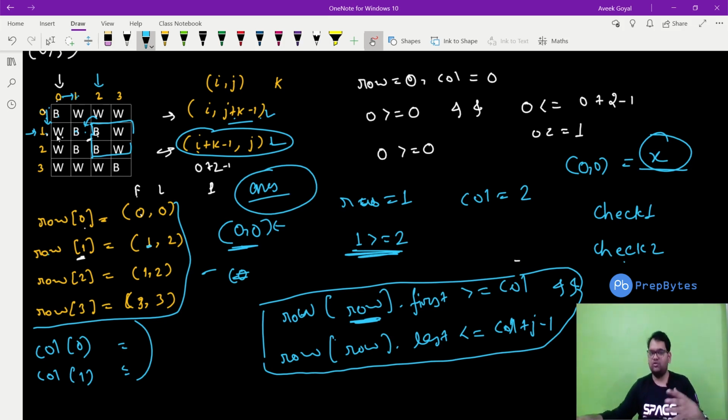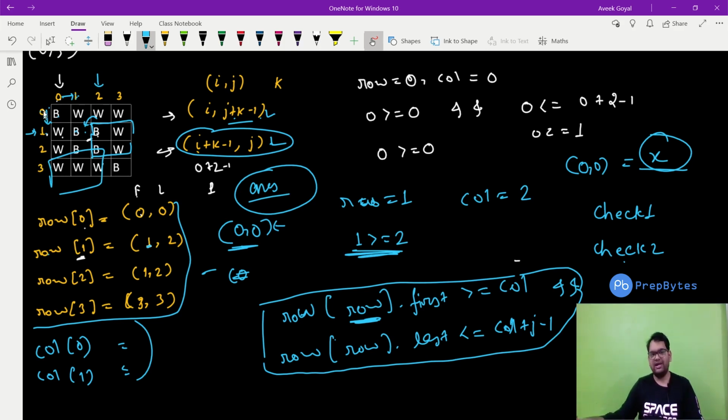Means for 0, 0 we are doing this, then for 1, 1 also we do this, for 2, 2 also we do this, for 3, 3 we do not need to do this because the k value is just 2. So there is no possibility of k by k here, so we do not do this for this. Now, is there a better way? We can do it like this also, but is there a better way?